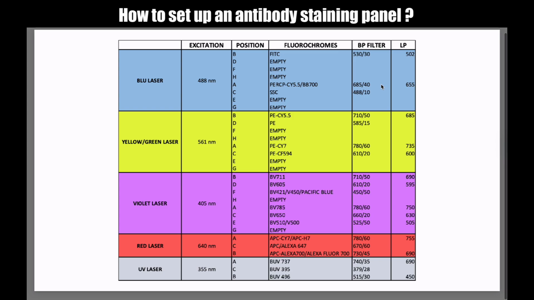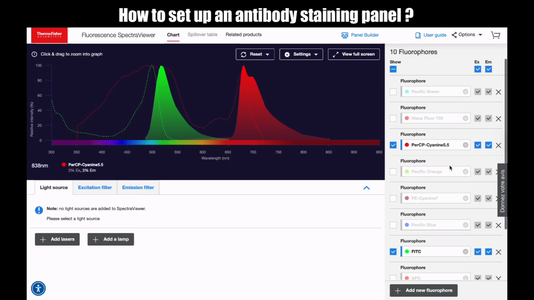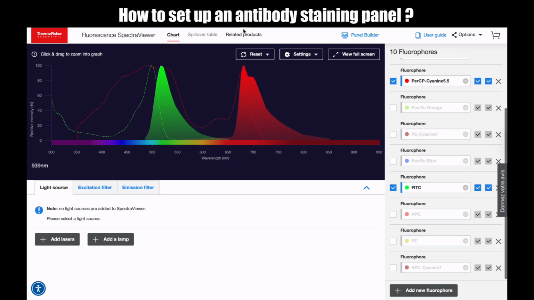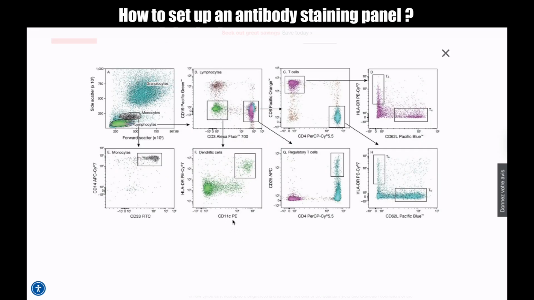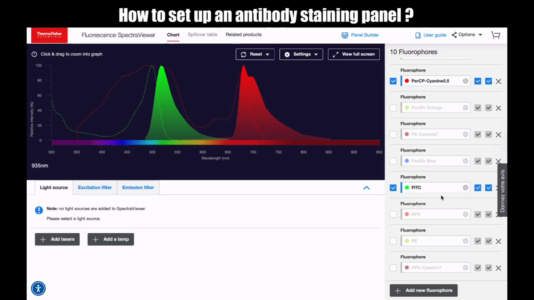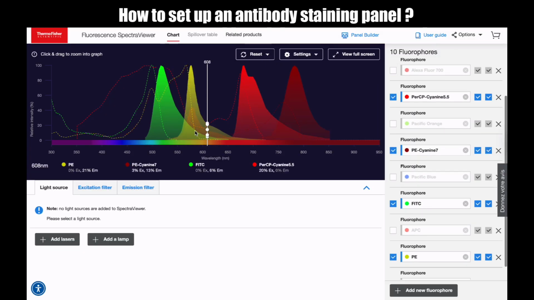So let's go on. For the yellow-green laser, we have PE and PE-Cy7, and they are in our panel, because you can see PE is here for CD11c and PE-Cy7 is here for HLA-DR. Okay, so we will flag them immediately. They are quite distant and they do not overlap too much.